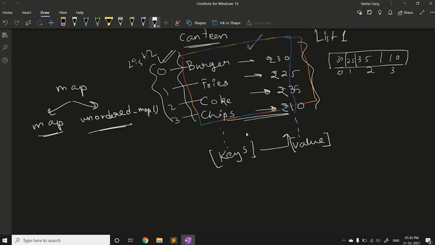So the underlying implementation of a map data structure is a BST, a self-balancing binary tree. Self-balancing BST. And another point here is that all the keys are ordered.